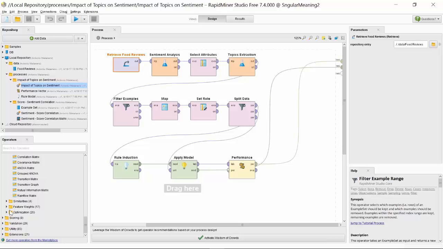And finally, some operators for scoring and for validating your analytic workflow, meaning calculating the performance and the quality of your predictions. And RapidMiner includes different predefined methods for doing that.